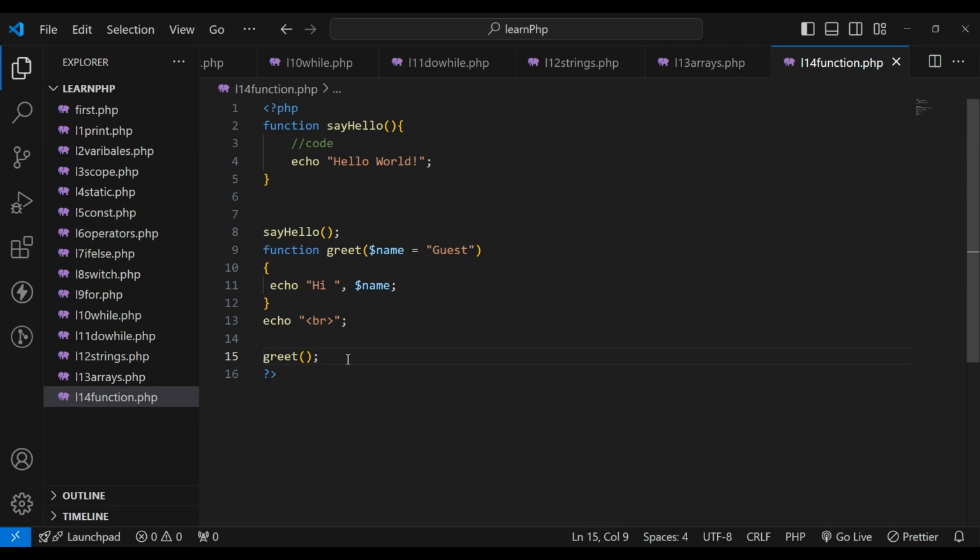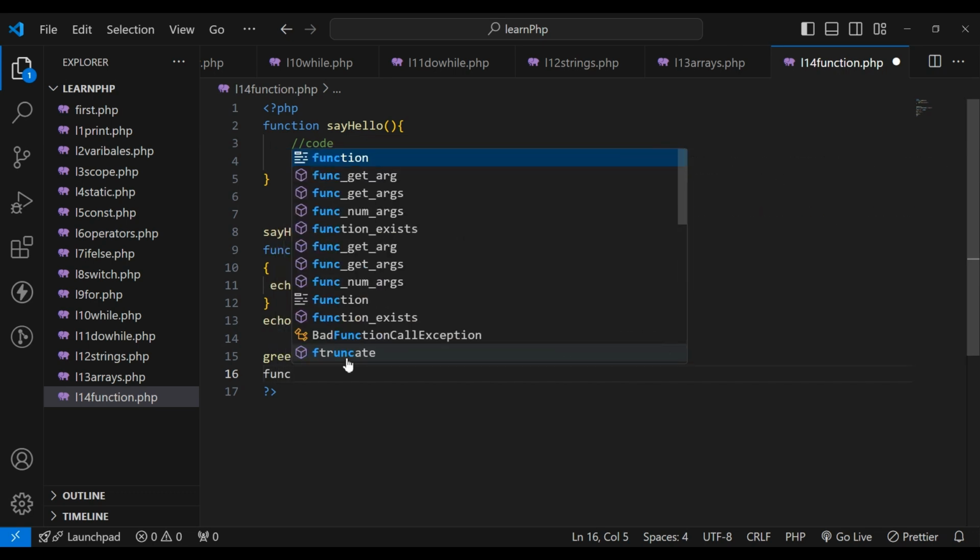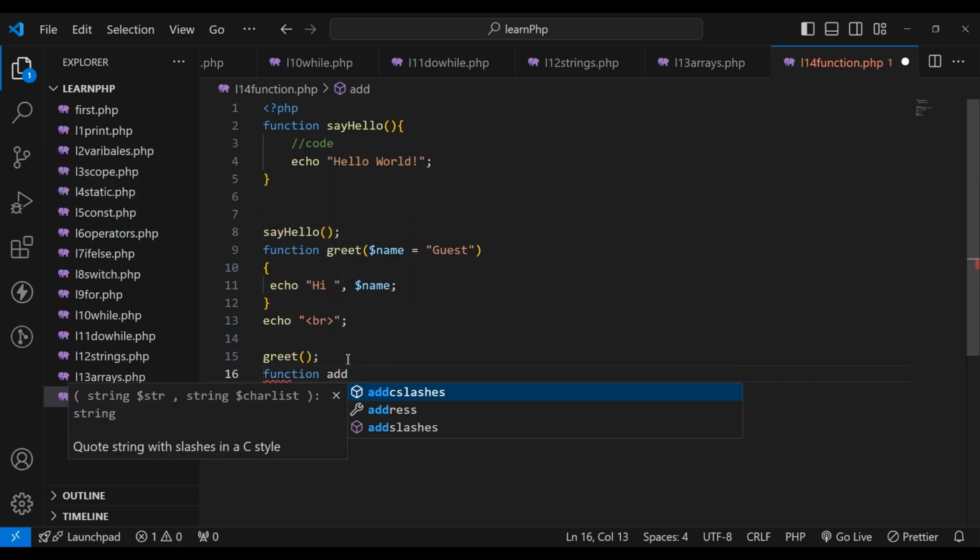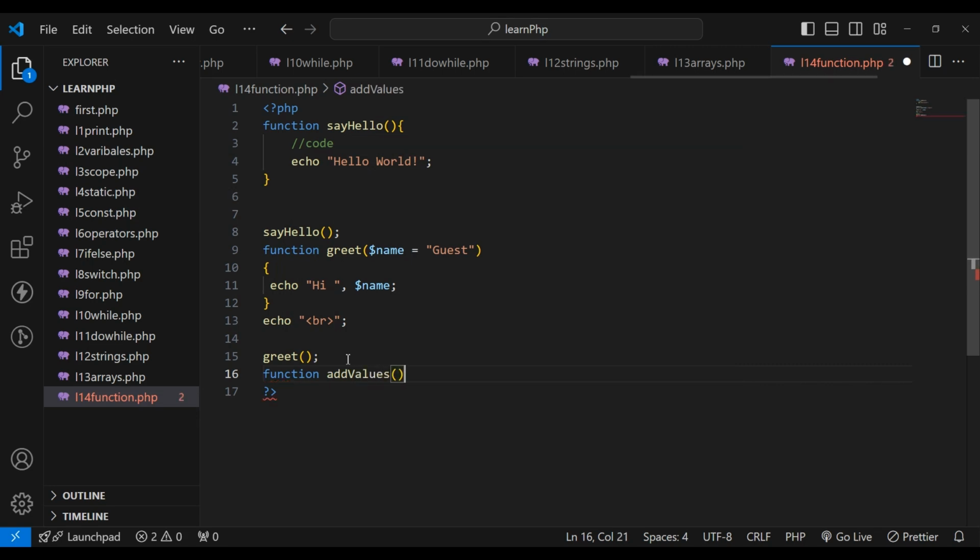Now you can also return a value from a function. To show this, let me take another example. For example, we want to add two numbers. We will take all simple examples here. Later in the series we will take complex examples as well. Let me create a function add values, which will take two values, $value1. You can take variable name of your choice,